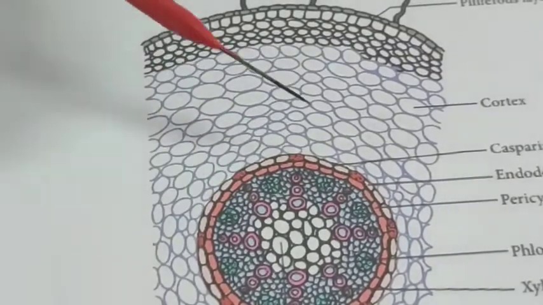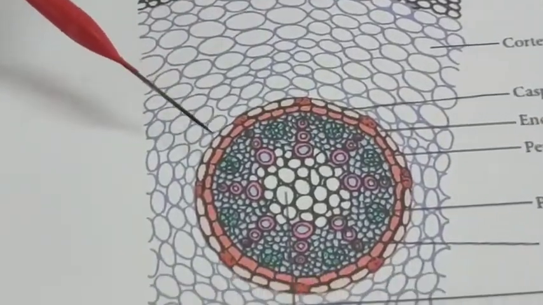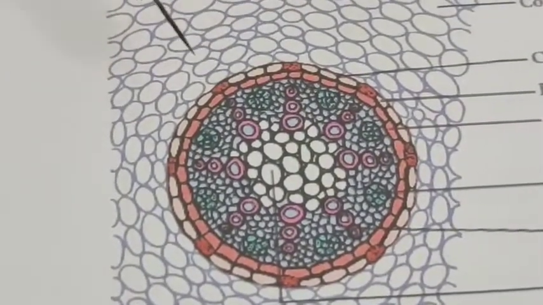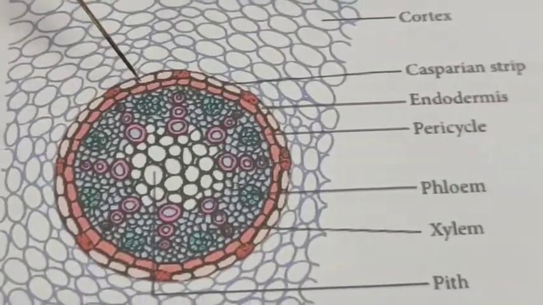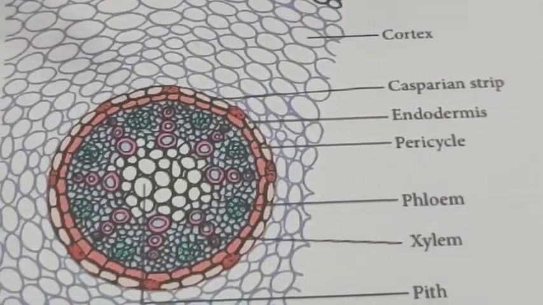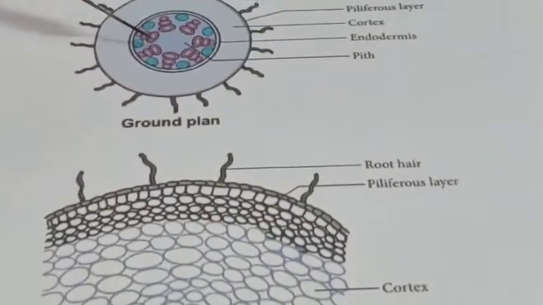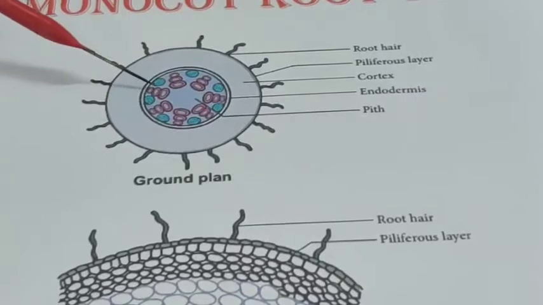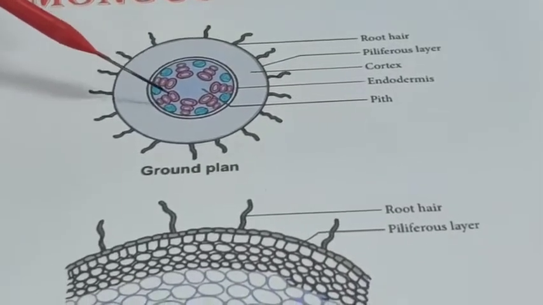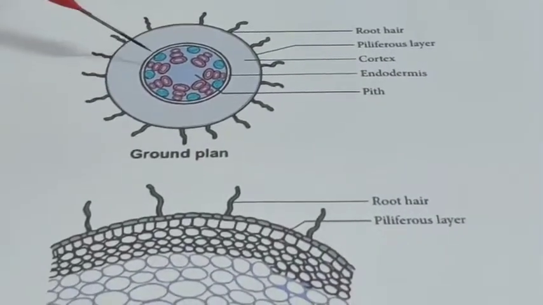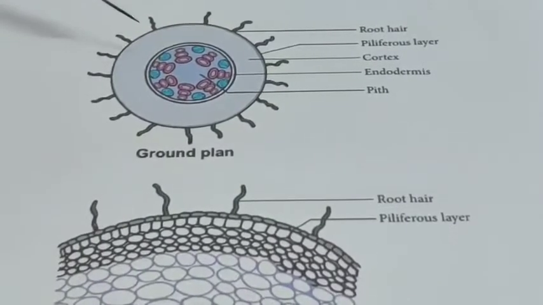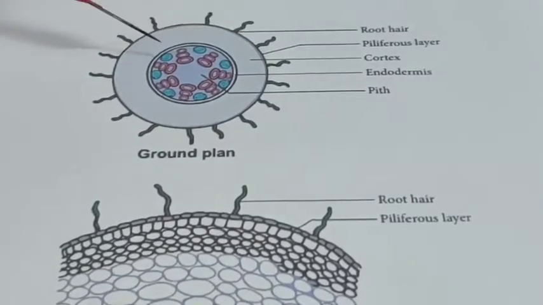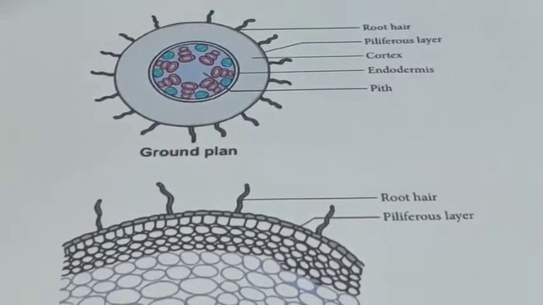Now how are these tissues arranged? So inside the endodermis, single layer of parenchyma cells is called the pericycle. Then you can see the vascular tissues, xylem and phloem. They are arranged in different alternate radii, xylem, phloem, xylem. Here you can see in this ground plan, this red color one is xylem, the blue or green color is phloem. Xylem and phloem are arranged alternately. We call the vascular tissue as radial in arrangement. In stem it is conjoint, both the phloem and xylem in the same radius. Root, it will be radial, that is a difference.